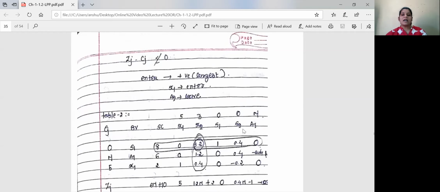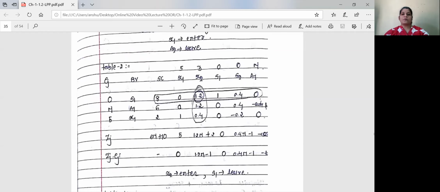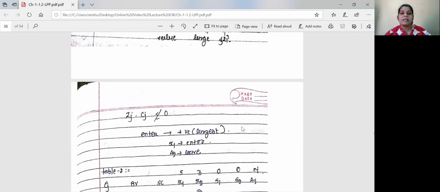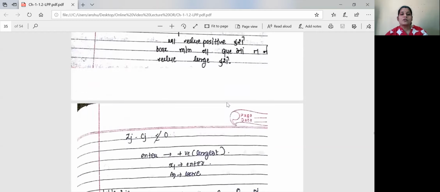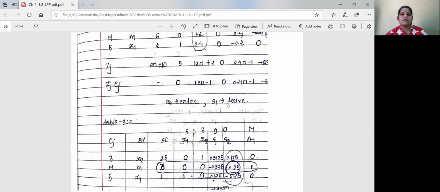So this is our replacement ratio. Okay, in our replacement ratio, what are the positive values? The positive values are 12 by 2, 6, 10 by 2, 5, and 10 by 5, 2. So all these three values are positive. Got it? Okay. So I will continue this method in our next session.